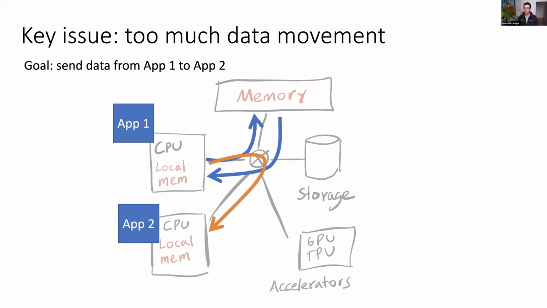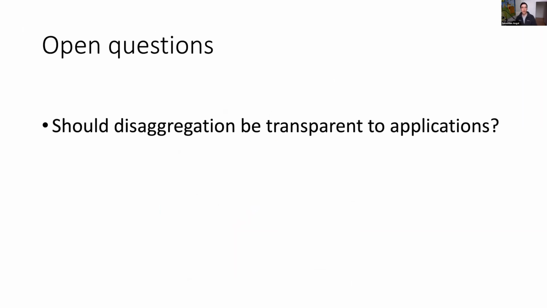And then application 2, let's say it doesn't need this data right away, or maybe the data is too big to fit in the cache. So we're going to have to then send the data back to the remote memory. And so if you notice, we move data all over the place, but the final result ended up in the same place. So it's a little bit silly, which is one of the reasons why, if you want to develop applications that are efficient in disaggregated data centers, maybe those applications need to actually know a little bit of the infrastructure, which brings us to a couple of open questions for which we don't actually know the answer at this